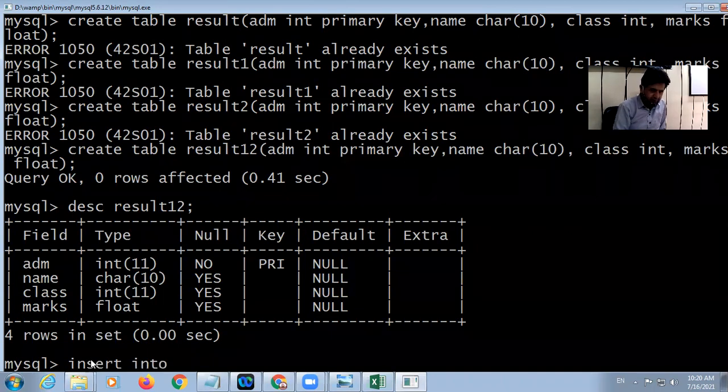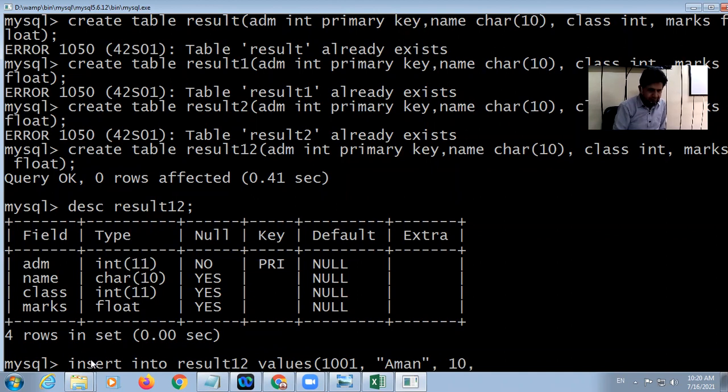Insert into result 12 values, admission number 1001. Then the second field is name. Then class, it is 10.